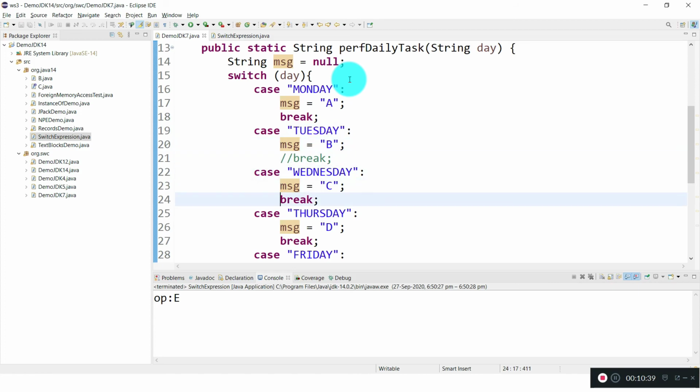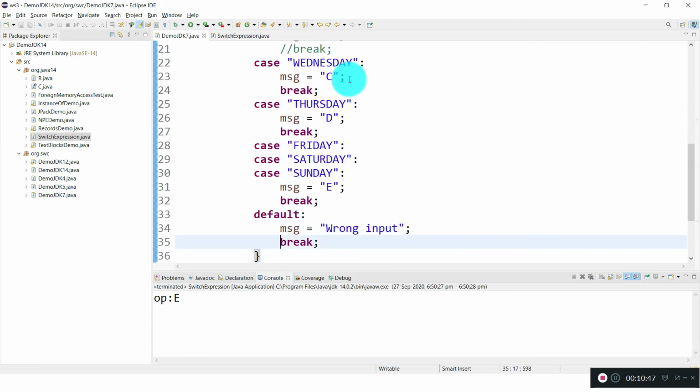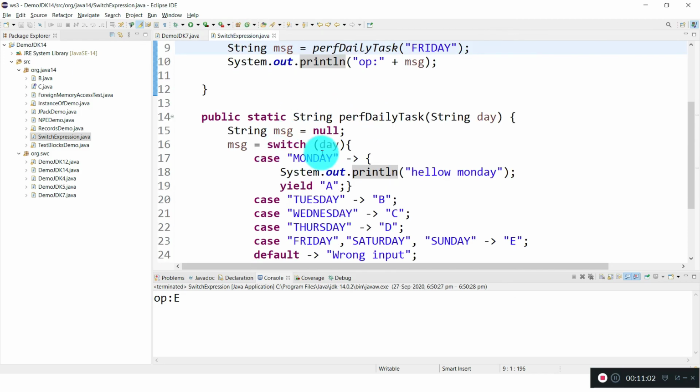And I cannot return a value. That is one more problem. And one more problem is that for multiple cases where I want to execute the same logic, I have no option but to keep them without breaks like this. These things have been resolved in Java 14 with switch expressions.